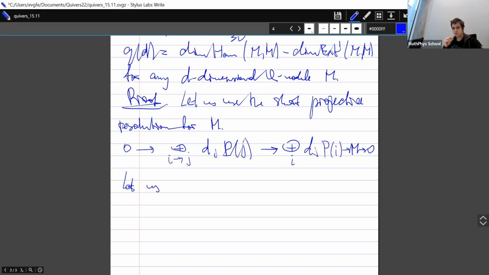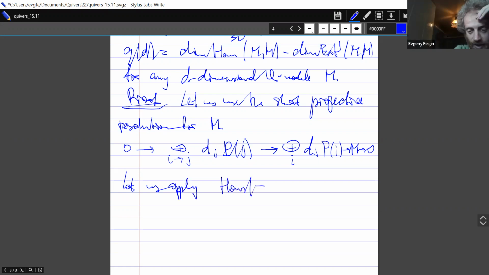Yes, like your first idea. So let's apply this Hom functor. How does it work? First of all, it reverses the arrows, right? So therefore, we have the following sequence: 0, then Hom(M, M), and then